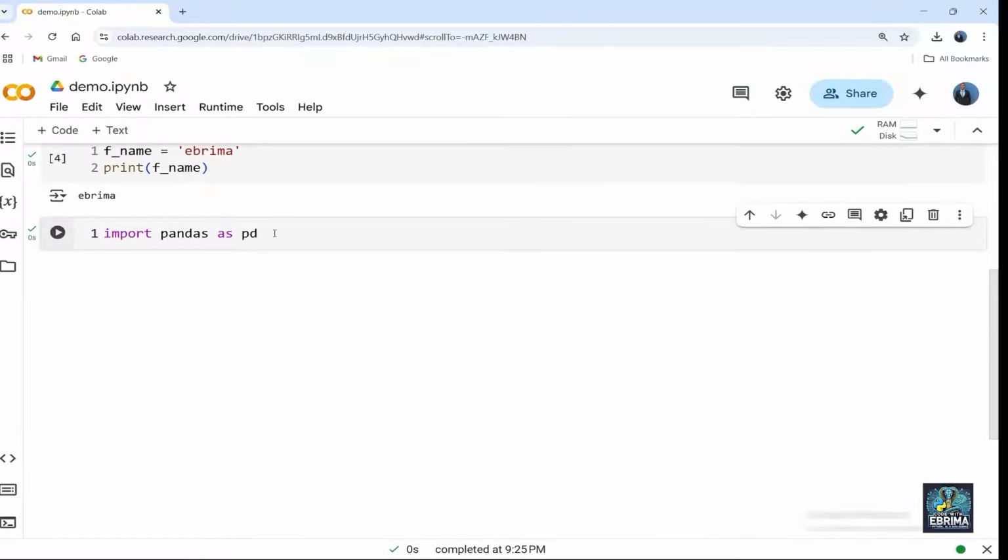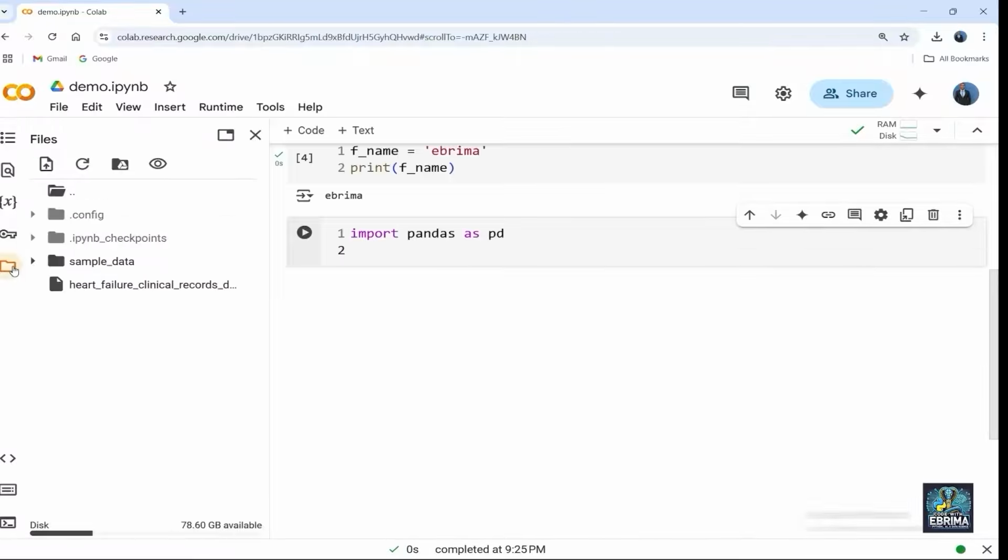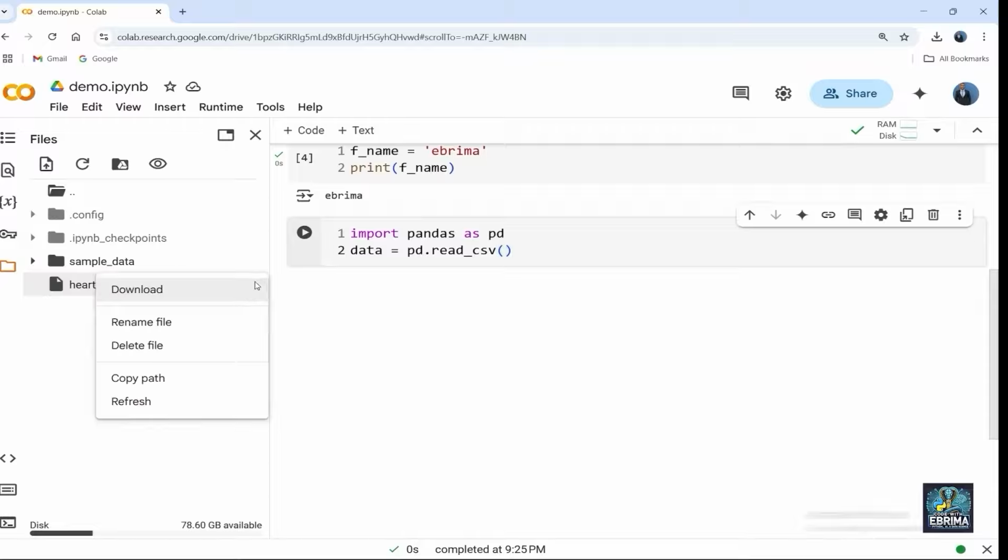Even if we want, we can go ahead and read this CSV file here. Remember this CSV file. So now I'm going to say data is equal to pd.read_csv, bracket open, bracket close, inside of strings. In fact, let me remove the strings. Let's say now I want to read this file here. I'm just going to click it here, and now I'm going to copy the path.